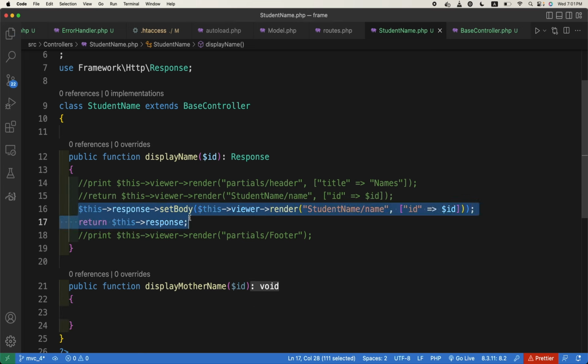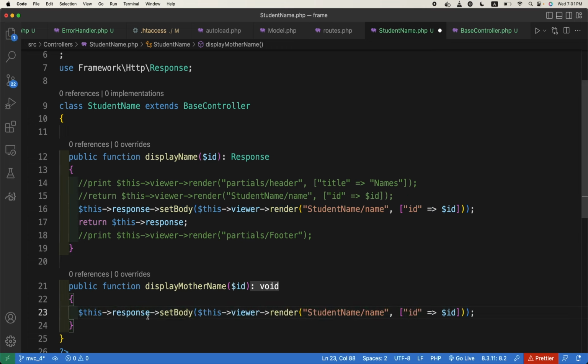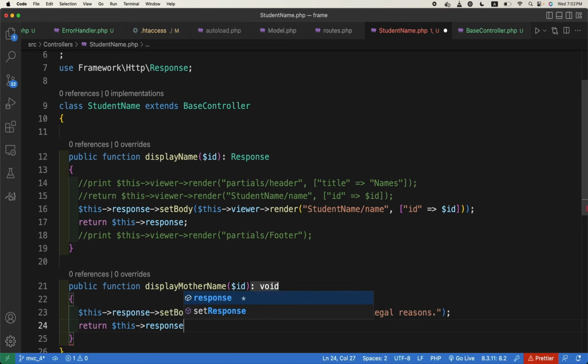So this dot response set body, we will just copy it. This dot response set body, what should it be? It should be a text, some text, anything like this. Mother name not allowed because of legal reasons, for example, right? Yes. This is just a message. Then we will return this dot response. Sorry, like this. Okay,